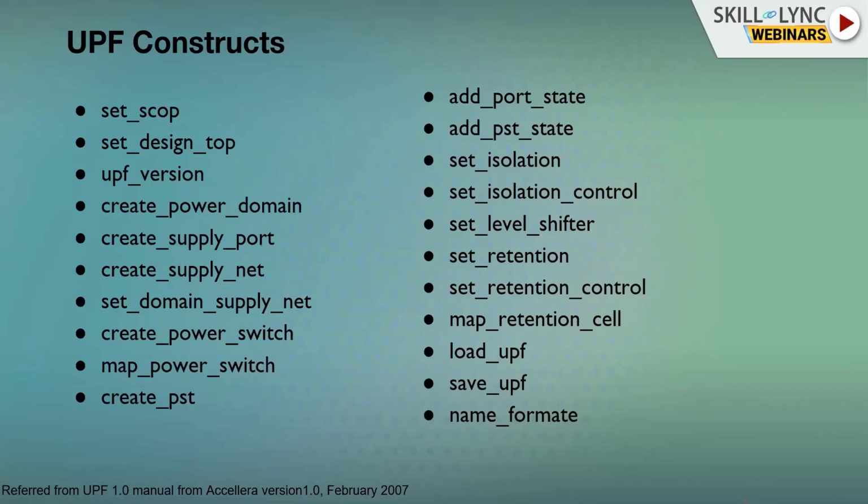So these are mainly driven or controlled internally. Also, there is some logic which creates different kinds of control signals internally, and which will tell you, okay, in this scenario I want this power switch to be on, and after some time I don't want it, I'm going to sleep, so I can completely switch off the power. That is done internally by the create power switch command. Then there are some commands which are mainly to map, to tell what kind of cells I need to use when I implement your power switch. That is done by the map power switch command.